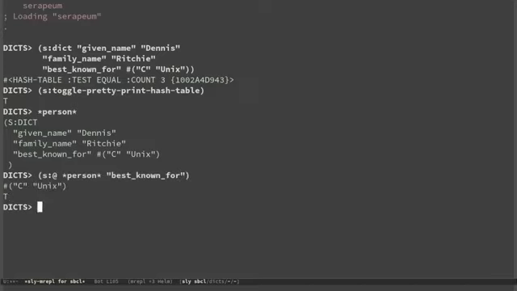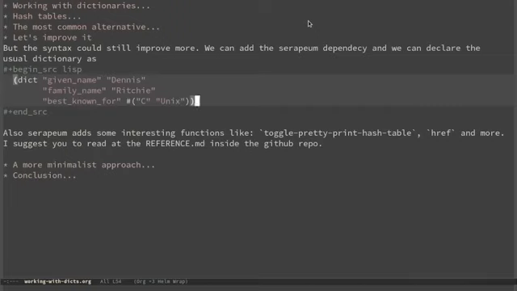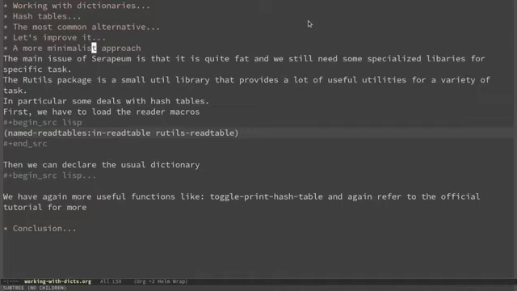If we had nested dictionaries, we could use at and provide all the path. In this case, best known for is an array, and so we can't index it the same way because it only supports hash tables. If you use a lot Common Lisp, I suggest you look at those libraries. The main issue of Serapeum is that it is quite fat, and we still need some specialized libraries for specific